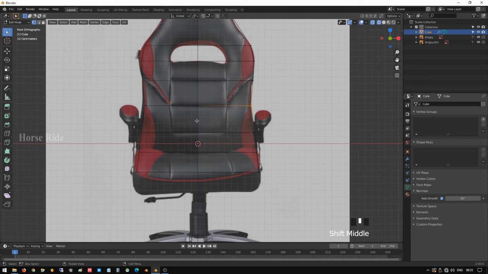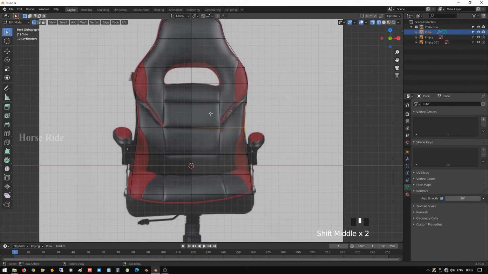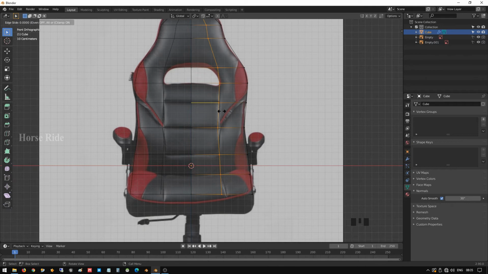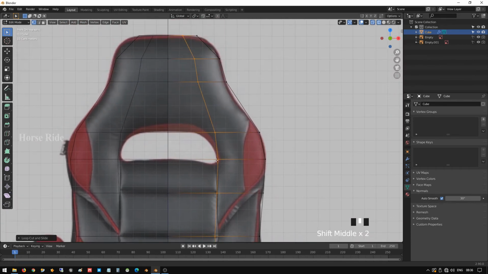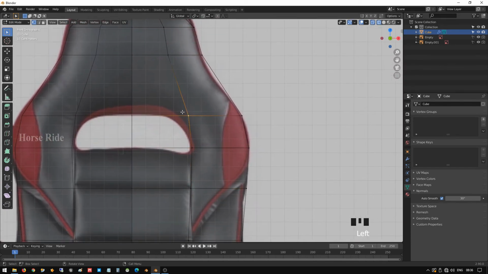Okay, now we have created that one, and now we are going to create edge loops. Okay, we are going to create two edge loops here. Press Ctrl R and press E key to align as per this angle. Press E again, and we are going to align as per the right side. Okay, so I'm going to give it here, select this one, and here we are going to do some adjustments. Top one let it be same here, select this GX.